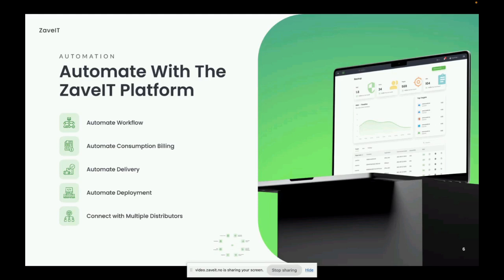This isn't just about replacing manual processes, however, it's actually about transforming your business to be more agile, more responsive, and cost effective. Imagine connecting seamlessly with multiple distributors and vendors, erasing the inefficiencies of internal communication, and scaling your business without those normal growing pains. So with ZaveIT, it's not just imaginable, it's achievable. Today, we're going to deep dive into how ZaveIT can simplify your everyday business, eliminate inefficiencies, and empower you to meet and exceed customer expectations without the burden of high operational costs.